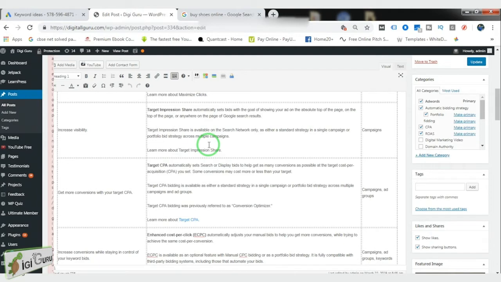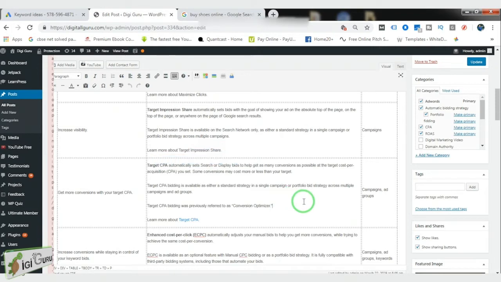Now, suppose this is the page where I want to create the internal link. So I need to select this word. Once I have selected this word, right on the top, I can see a few icons. Out here, we need to select insert and edit link. Once I click on insert and edit link, a URL option appears in front of me. Here is the interface where we can insert the URL where we want people to be redirected when they click on this word, right?